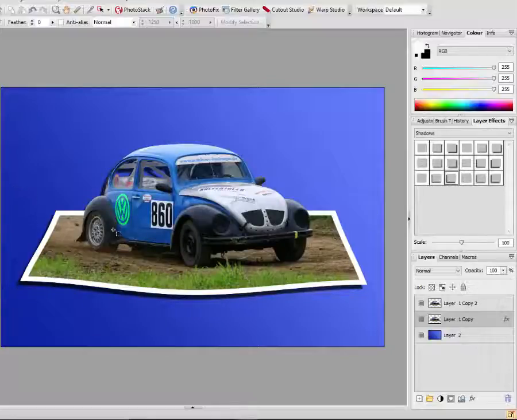As my car is coming from left to right, I'm going to have the sort of shadow effect coming on this side. I could have had it coming from that side, and you can have various types of shadows, but I'm going to select this one here. Now there is a scale slider at the bottom here where, if you move it to the left, the shadow will move nearer to the image. But I want to move mine further away from the image, so I will come to the right,